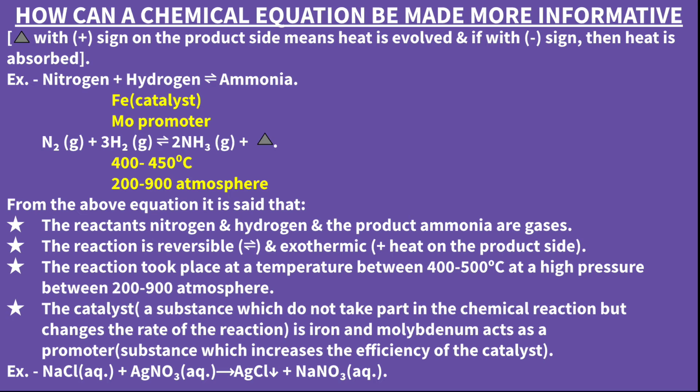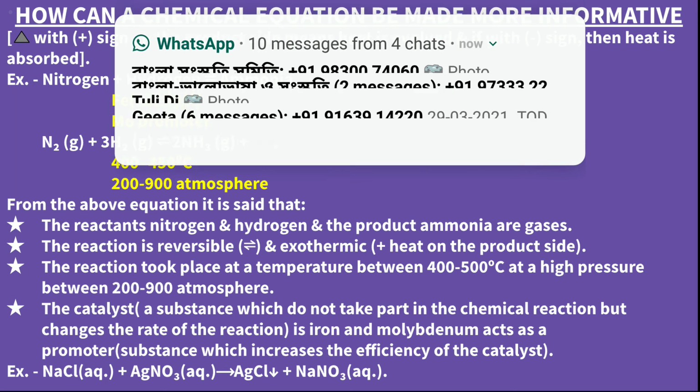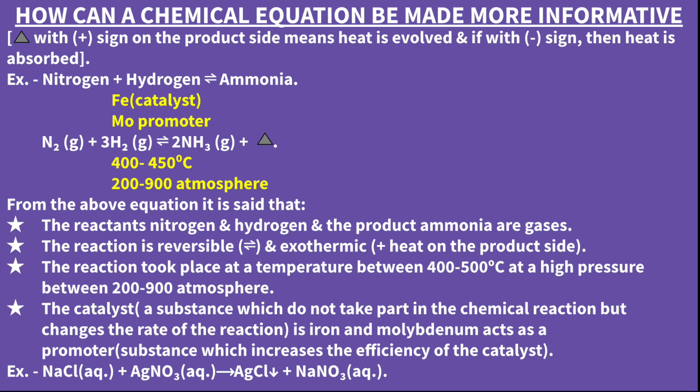It is a substance that does not take part in the chemical reaction, but it changes the rate of the reaction. Here iron is used as the catalyst, and molybdenum acts as a promoter. What is a promoter? It increases the efficiency of the catalyst. The catalyst increases or decreases the rate of the reaction, and that efficiency is increased by the promoter. For example, sodium chloride and silver nitrate aqueous solutions give silver chloride as a precipitate